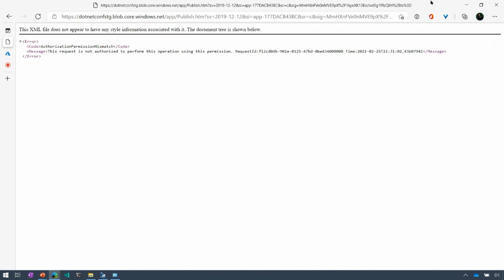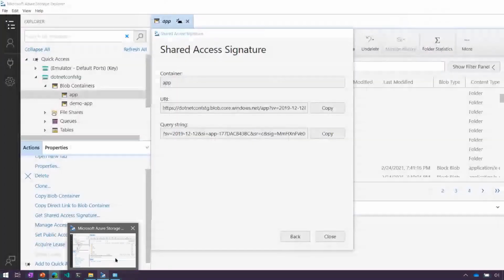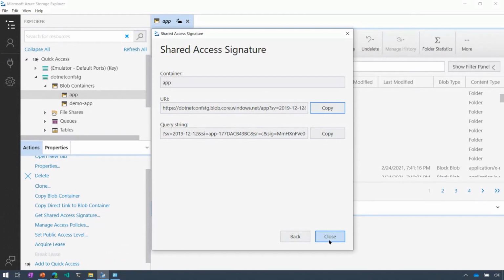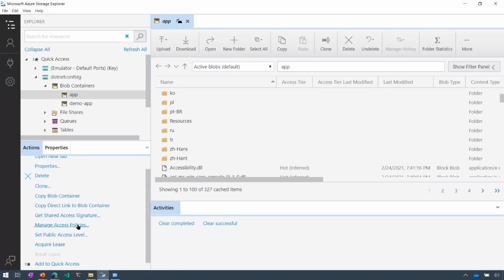I'm not authorized to access this file anymore because I only have list permissions. I don't have read permissions, and that's why. So that's how you can tweak specifically what users can do with that shared access signature